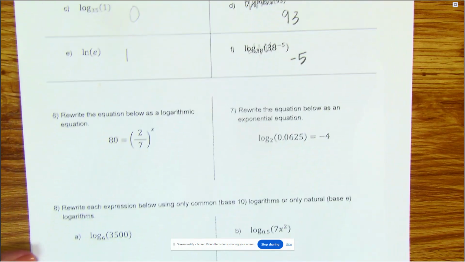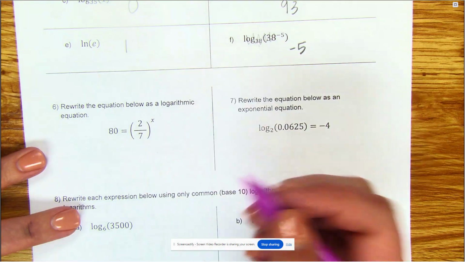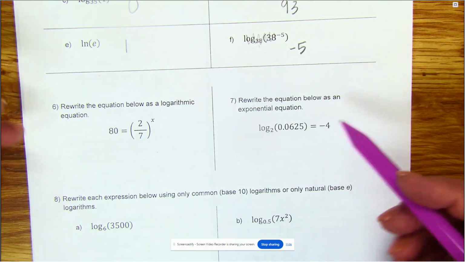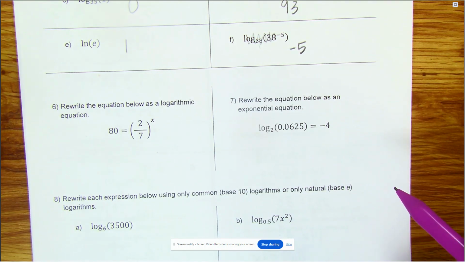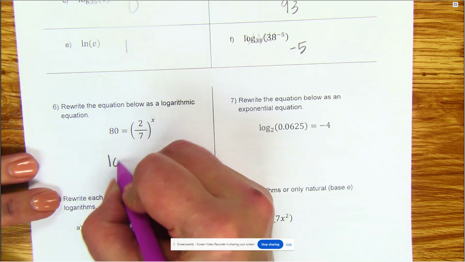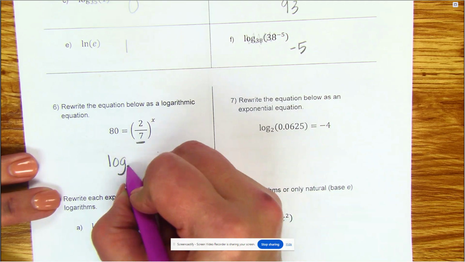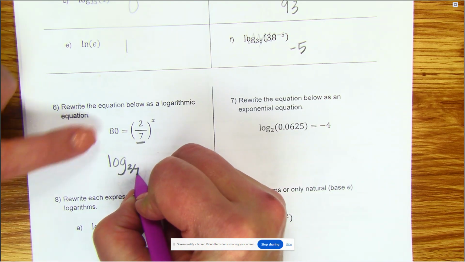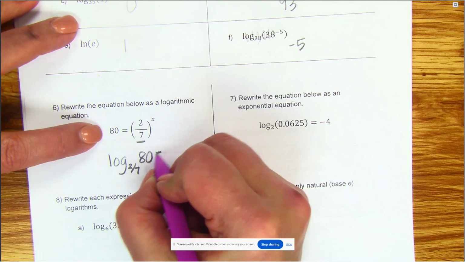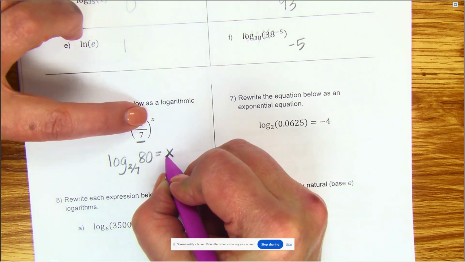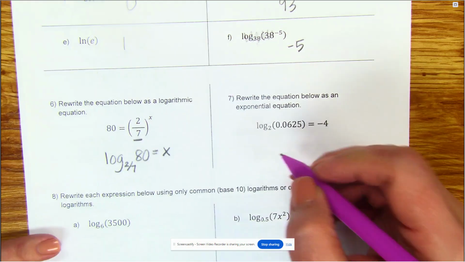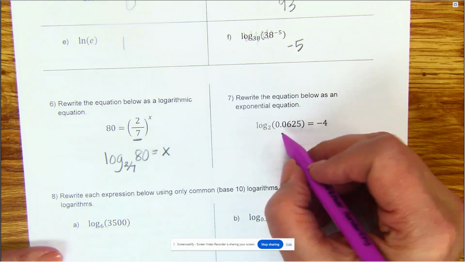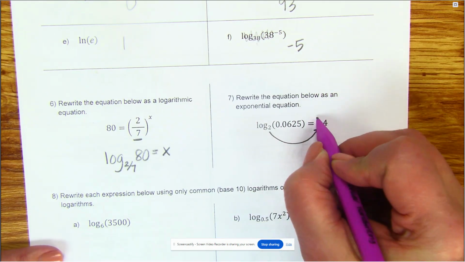All right, here's just kind of practicing again. There's really nothing like this on the test. This is just like the basics to help make sure when you get to the solving problems. So this is log, this is the base, the thing being raised to the power of 80 equals x. The exponent is always the answer to the log. Now I'm writing it as an exponential. 2 to the negative 4 is